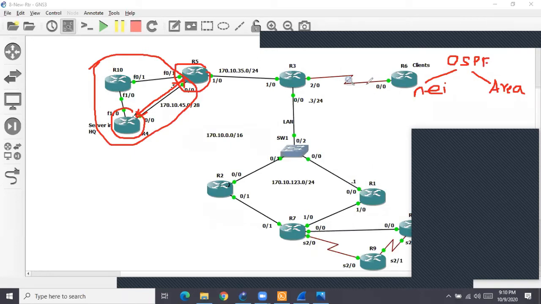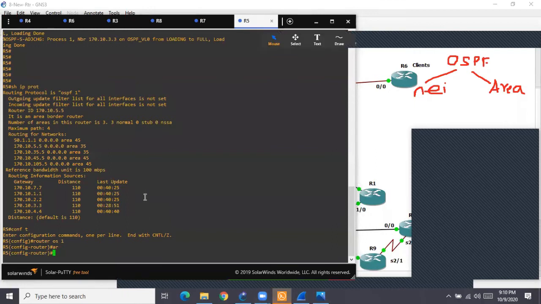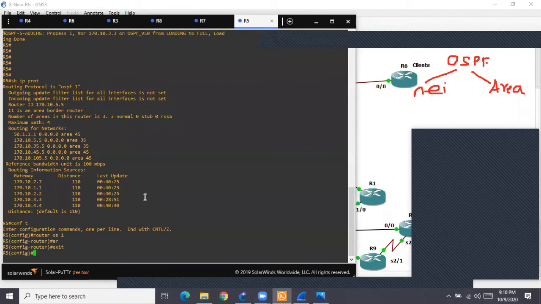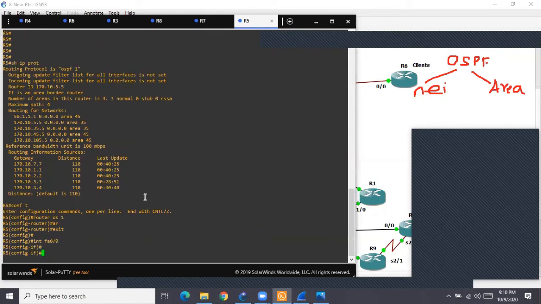If it is neighbor authentication, where do we go? We don't go inside the process. Anytime you're doing neighbor authentication, it is like RIP and EIGRP. You go to the interface connecting the neighbor because it is per neighbor. So go to the interface towards the neighbor. As per the diagram, what is the interface of R5 towards R4? It is FastEthernet 0/0.